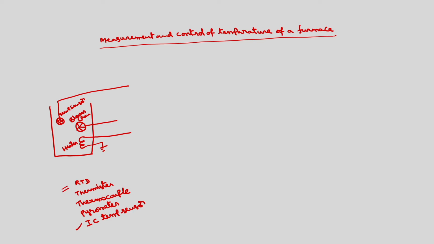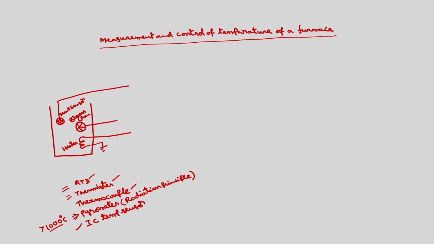Normally for lower range we will use RTD, thermistor. Then for higher ranges, temperatures of the order of greater than 1000 degrees centigrade, we will use pyrometers. This is based on the radiation principle. Because the temperature is greater than 1000 degrees, if I place any of these sensors, there is a possibility that these sensors may burn. Okay. Because of that, we will use the radiation sensors, where depending upon the radiation we will measure the temperature.